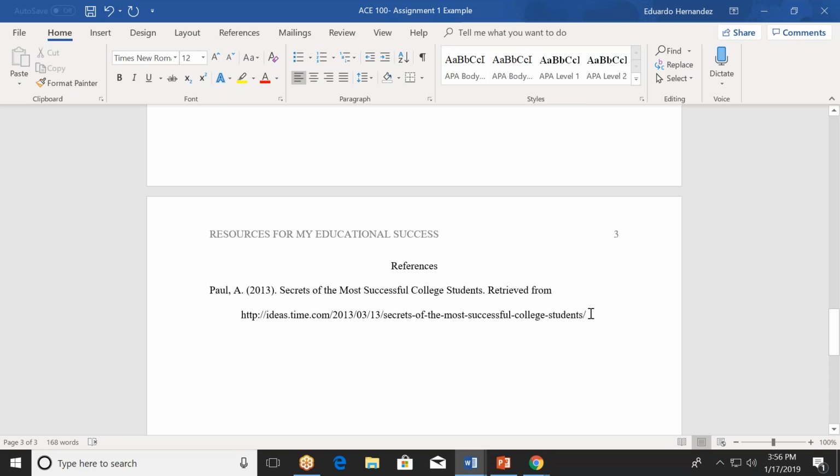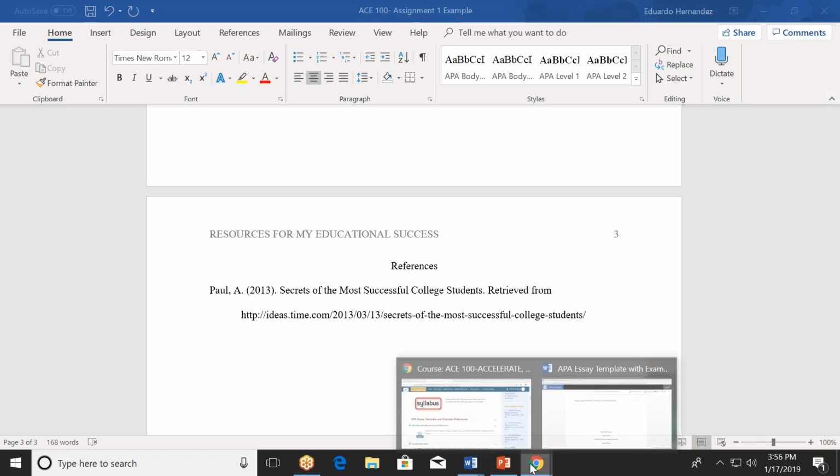So that is an example of your reference. You're referencing that particular website, that article, that author in making your introduction. And you utilize that in citing other information in your essay. In ACE 100, which I'm going to show you again,